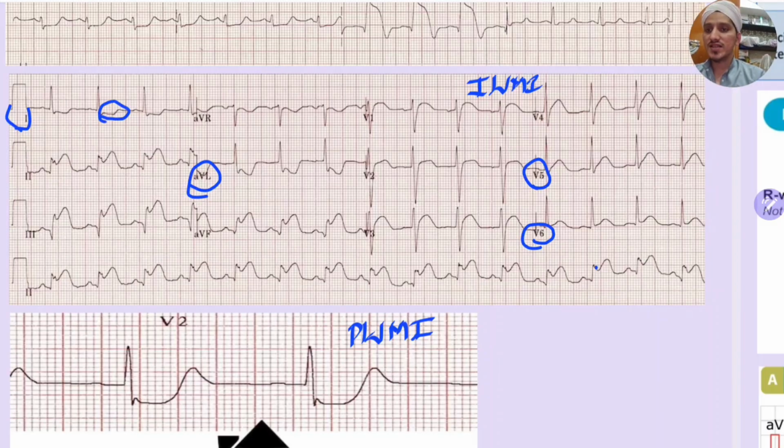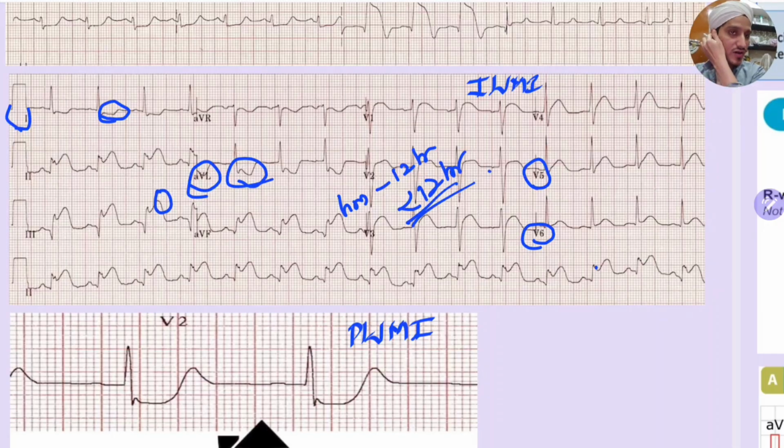See here, there is ST segment depression. So that confirms inferior wall myocardial infarction. What is the duration? Probably hours to 12 hours, meaning less than 12 hours, because the T waves are still hyperacute and it is convex. And in limb leads, more than 1 mm J point elevation is there. It is approximately 4 mm elevation. Okay, so that's all about the